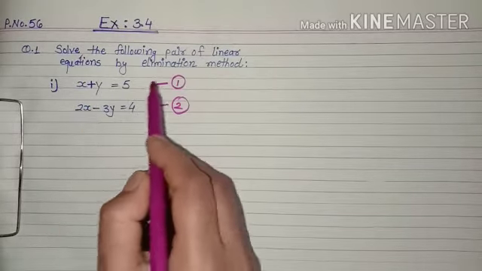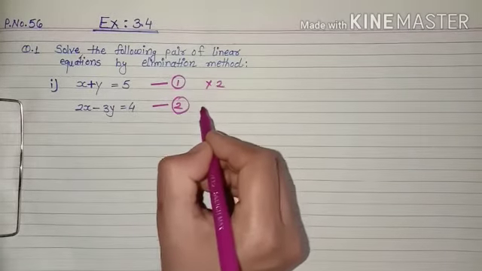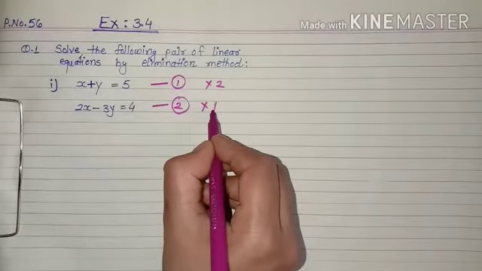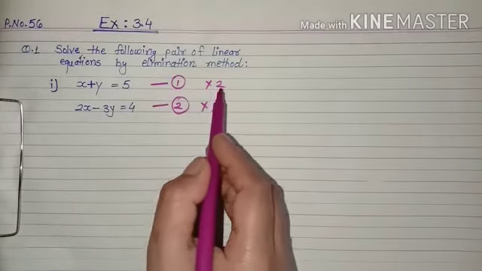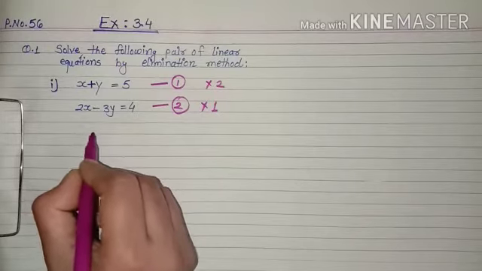So we will multiply the first equation by 2 and the second equation by 1. Then we will get